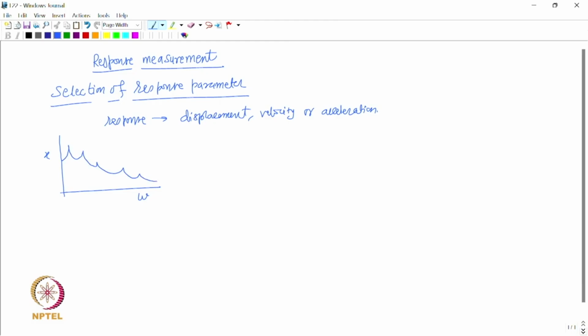If we look at the magnitude of the velocity as a function of omega, it may look something like this, right. And then if we look at the acceleration, let us represent it by a as a function of omega, then the acceleration would look something like this,